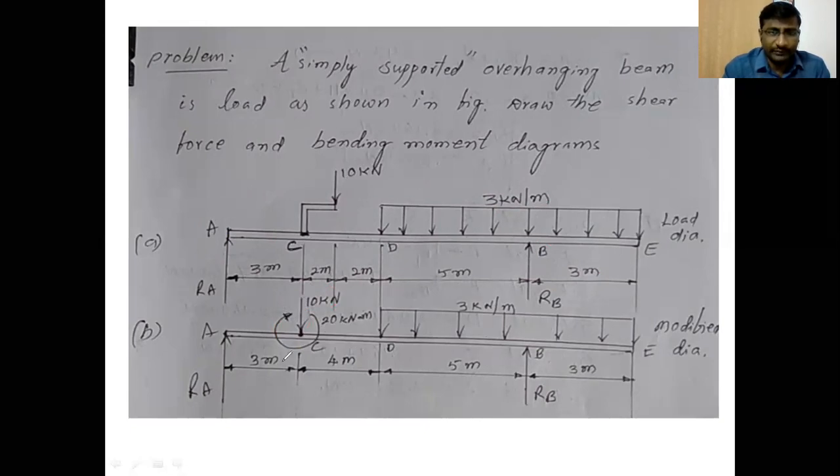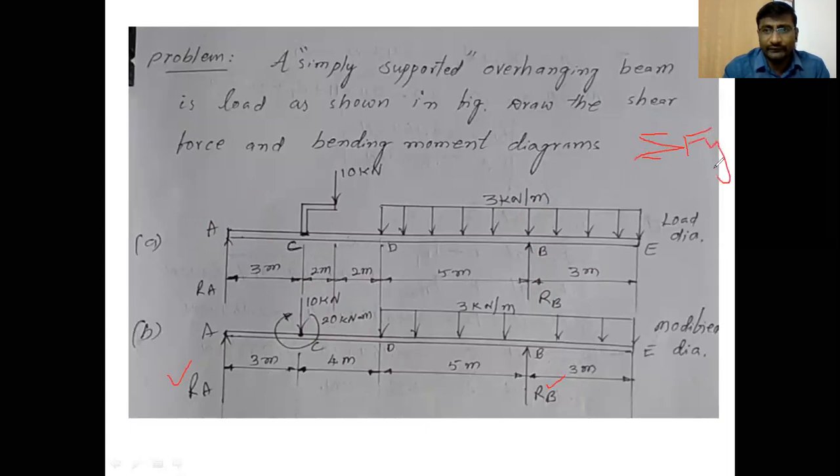Here, students, by using this load diagram, you have to find the reaction forces RA and RB. How do we find the reaction forces RA and RB? From the starting classes, I have been telling you to use the static equilibrium equations. Let us take sigma Fy equal to 0 first.